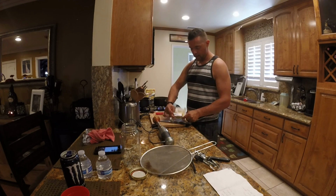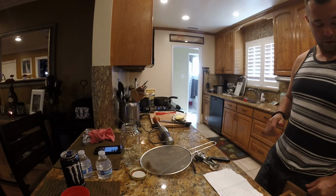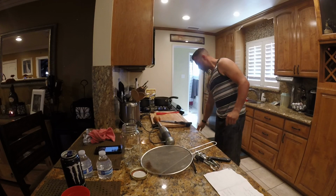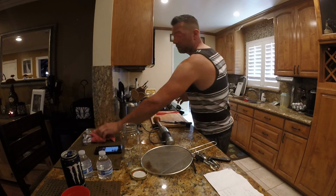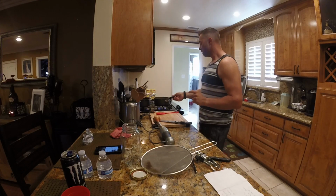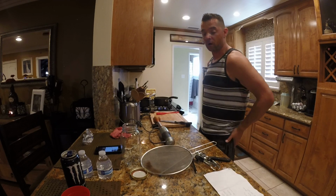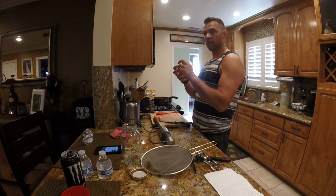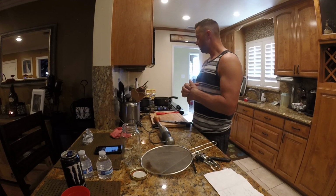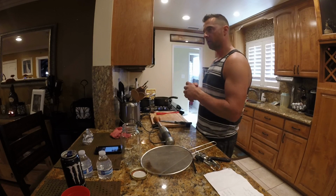The only reason I'm combining these two, guys, is because I want to use my butter here and just get it in there. And remember, Kerrygold butter is a very good grass-fed butter as well. So we're going to go ahead and let that cook down and come together. It's already starting to melt, so you want to cook it for a good while. What's going to happen is the dairy, the milk, and the butter fat's going to separate. When it does that, you're going to have some solids on the bottom and some solids on the top. So you scoop it off, throw it away, and what's left is the stuff